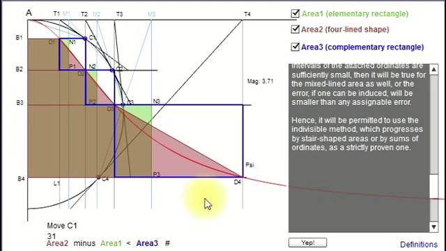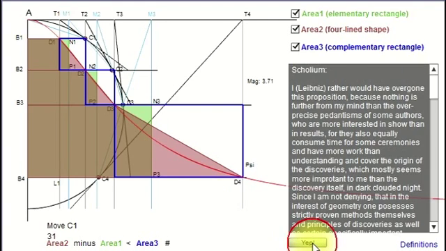Okay, and now let's move on to the scholium, which is also very interesting. He wrote, I, so Leibniz, would rather have overgone this proposition, because nothing